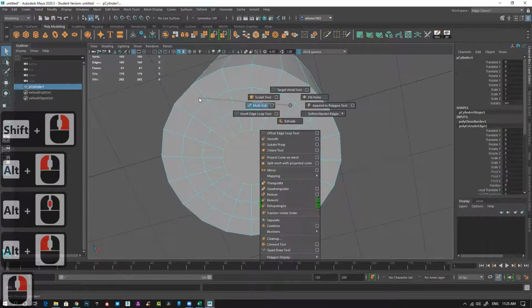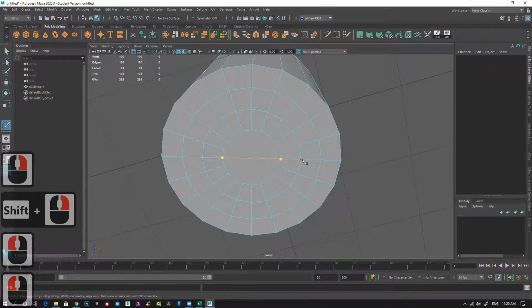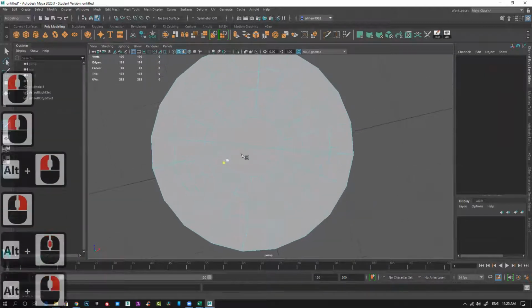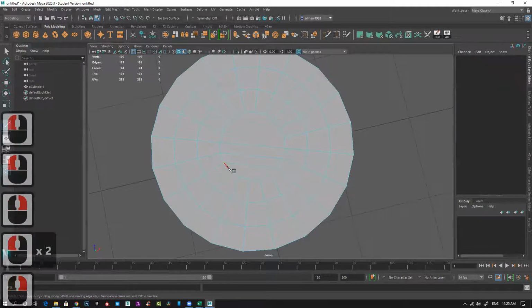And then if you want, control shift, right click, multi-cut. You can just connect them to keep everything quad and clean. This is also 1, 2, 3, 4, 5.